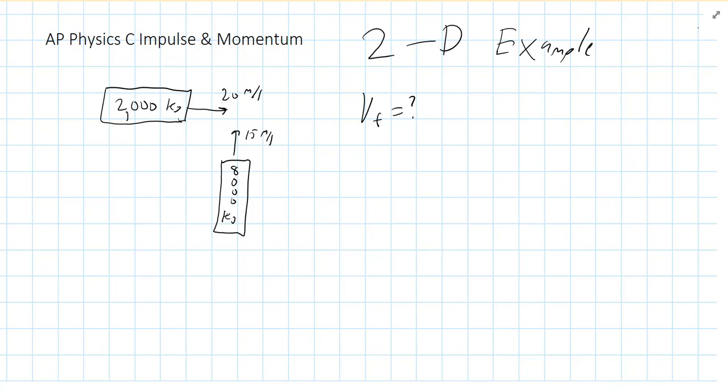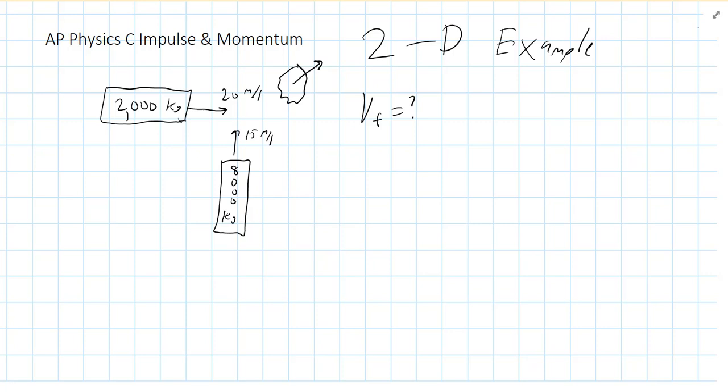Hey folks, I've got a quick example of using momentum in two directions. If you want to take one moment to pause the video and copy the diagram down, it's two cars colliding. Don't worry, nobody gets hurt. We all have airbags and seatbelts. But two cars colliding and sticking together, and I want to know what's their final velocity right after the collision, before they start sliding to a